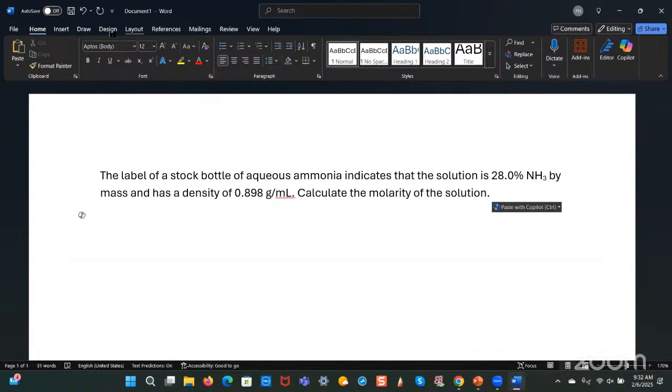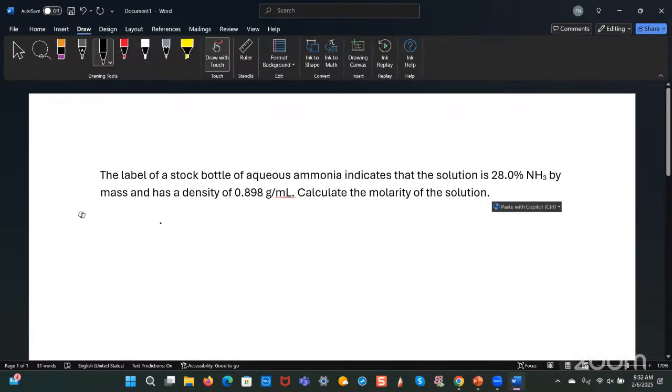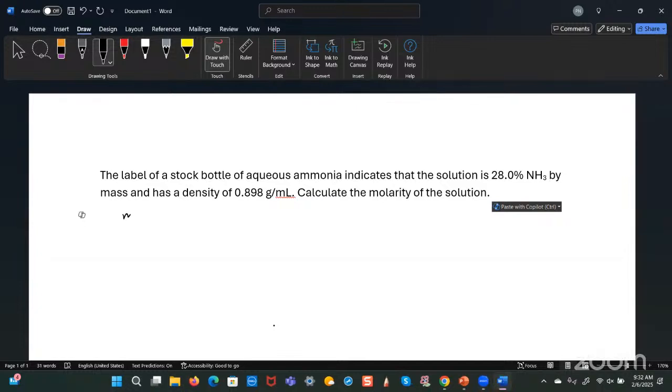So this question says, the label of a stock bottle of aqueous ammonia indicates that the solution is 28.0% ammonia by mass and has a density of 0.898 grams per mL. So the question is asking you to calculate the molarity of this solution. Now, of course, we know what molarity is. Molarity, by definition, is equal to moles of solute divided by liters of solution. All right. So if you can find the moles present in 1 liter, then basically you would have determined the